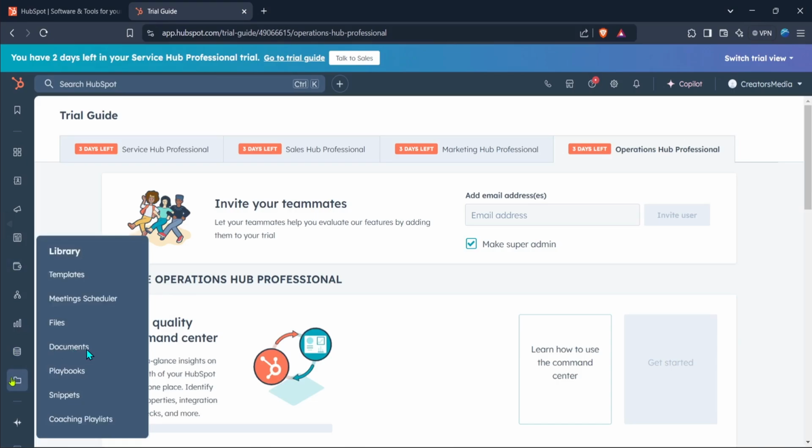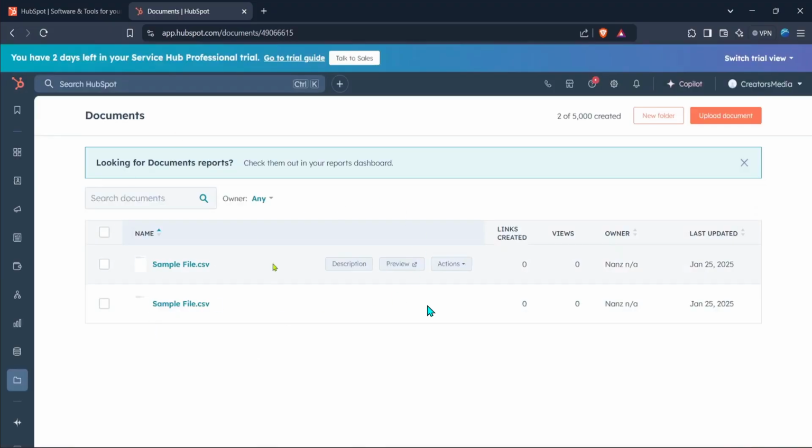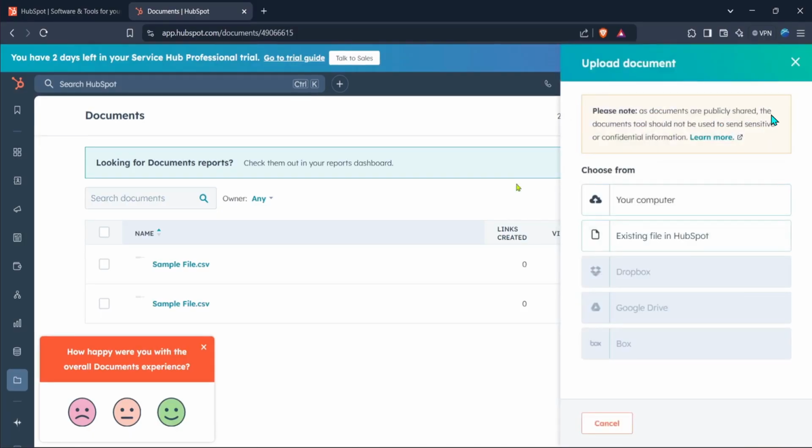If you already have documents saved, you'll see them listed here. Otherwise, this is where you'll add your first one. Next, click on the Upload Document button. It's usually displayed clearly on the top right or center of the page. When you click it, you'll have two options. You can either drag and drop your file directly into the upload box or click Browse to find the file